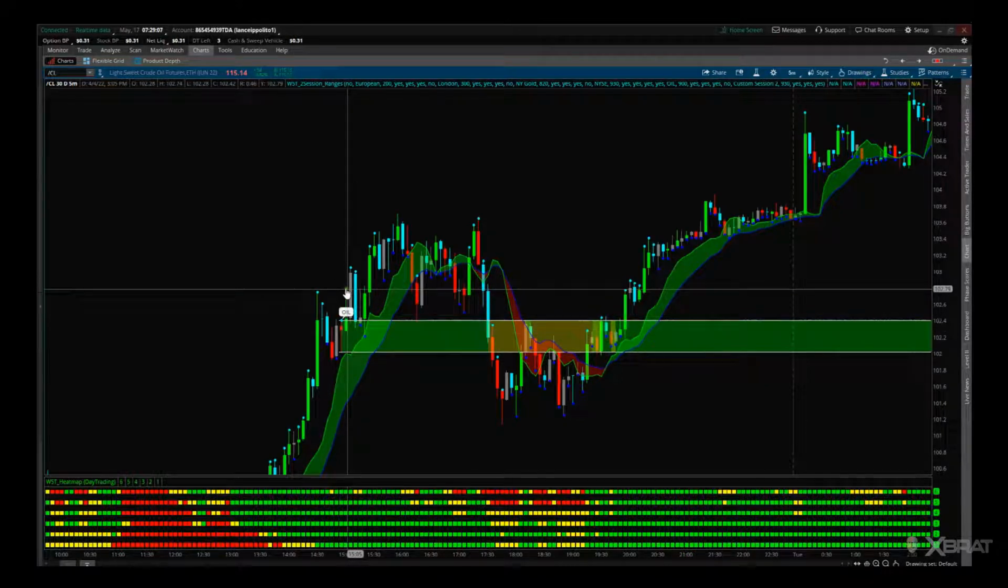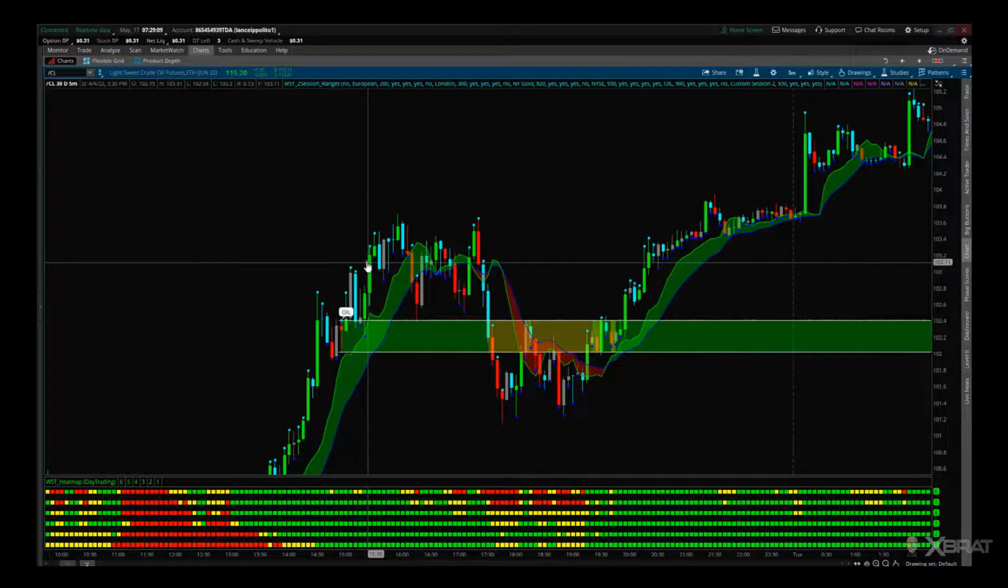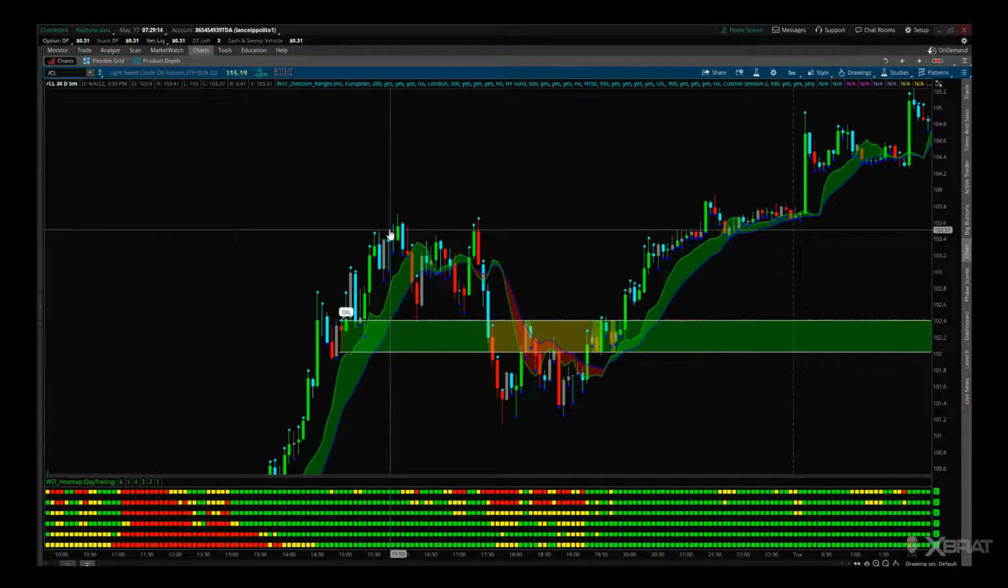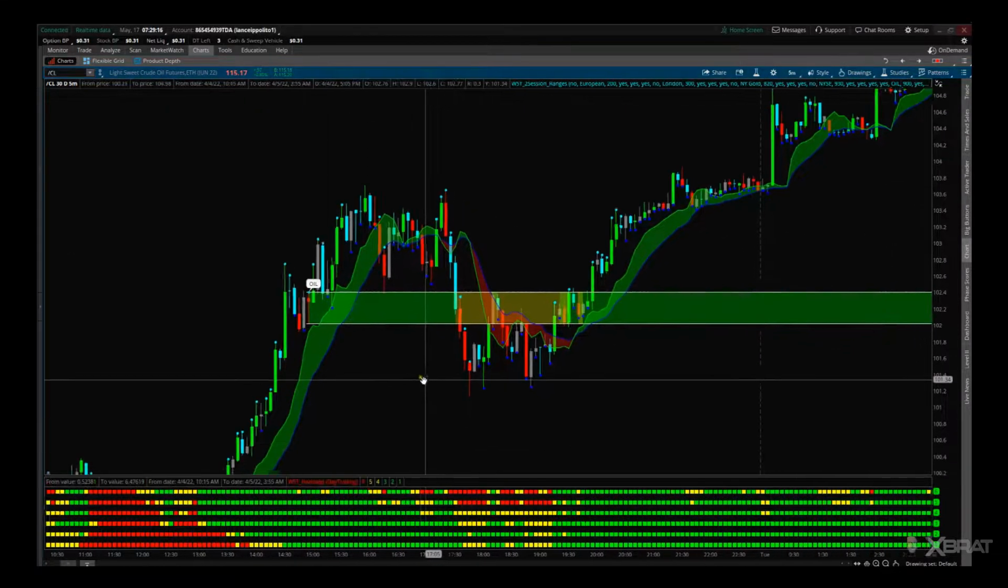At 10 ticks I take one contract off, at 20 ticks I take another contract off, and at 30 ticks I take another. Never be greedy on these types of trades. Works very well on oil. So then,